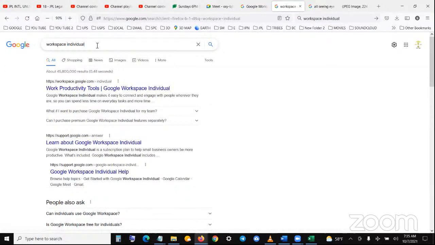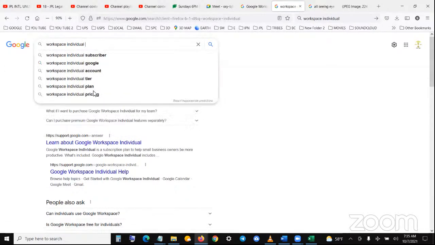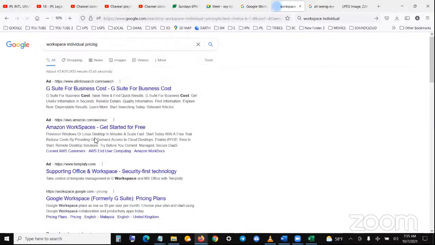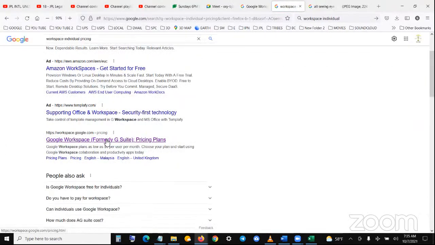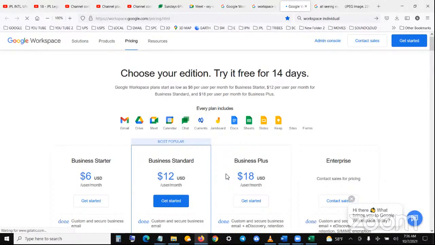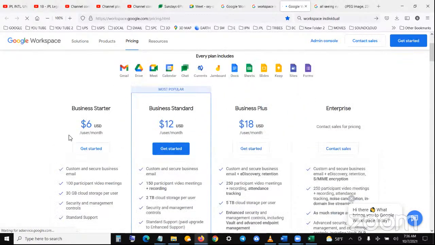Pricing. I'm going to have to end this formally. Google Workspace plans start as low as $6. But there is an individual plan. I just can't seem to find it right now, and I have to stop.